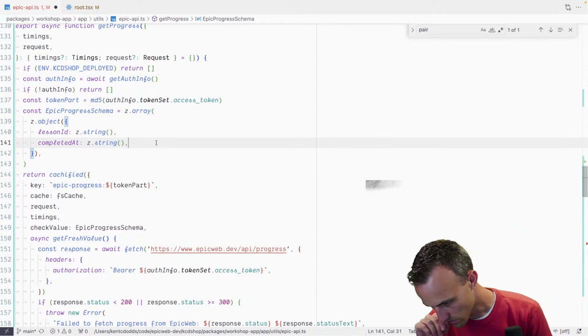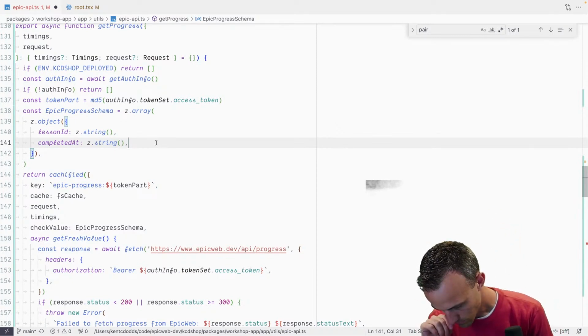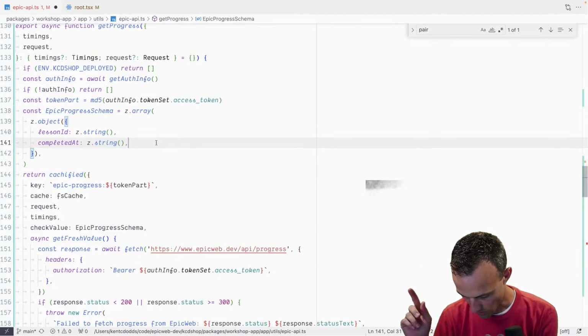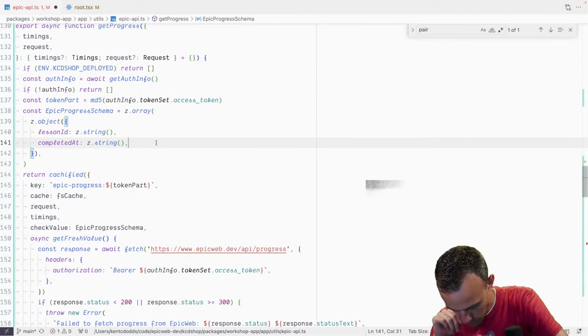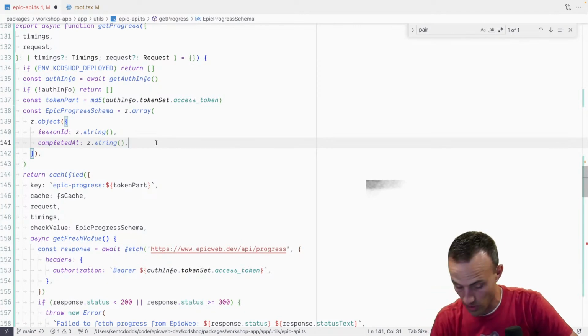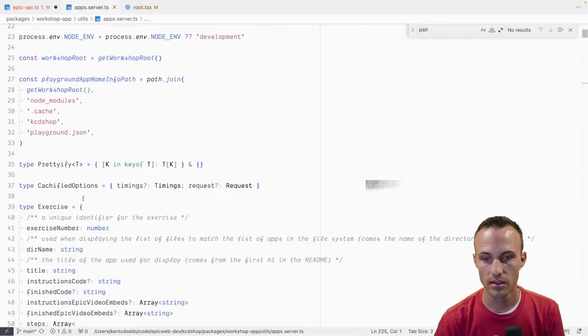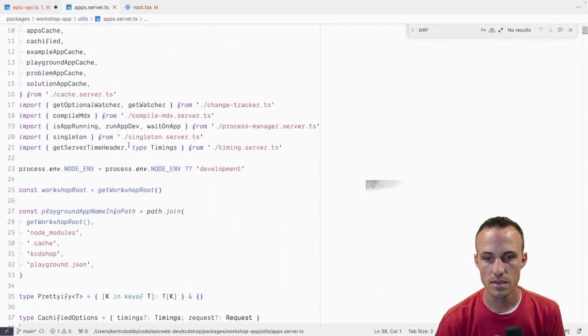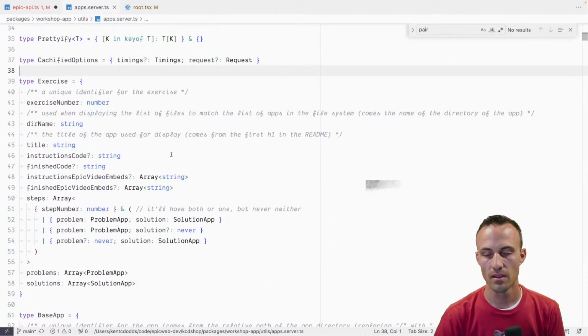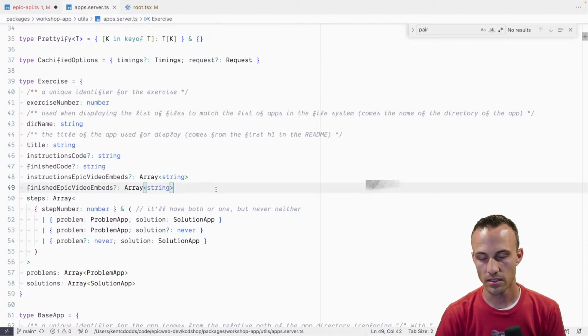So that needs to map to, we need to know, okay, so I've gotten, I guess I need to map that to my, what am I thinking? Exercises. So this